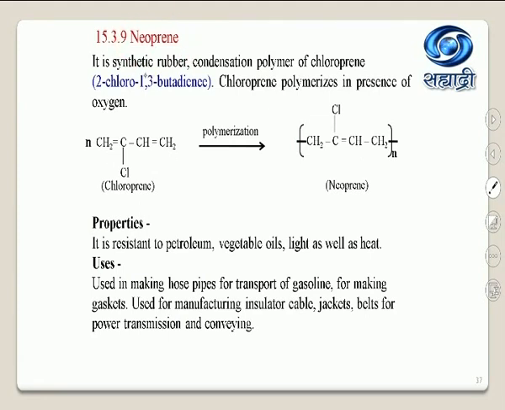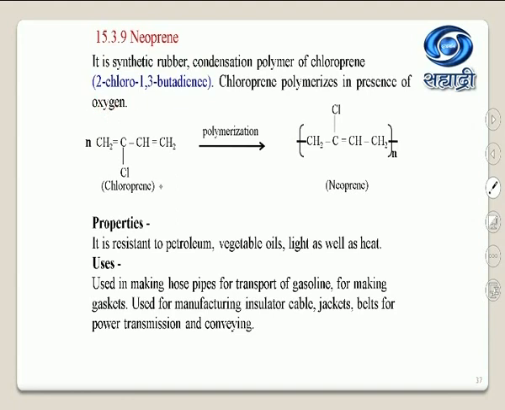Chloroprene is the monomer of neoprene, and the IUPAC name of chloroprene is 2-chloro-1,3-butadiene. Here the structure for chloroprene is given, in which there is a chlorine atom on the second carbon atom and there are 2 double bonds in the chain of 4 carbon atoms. The first double bond starts with carbon number 1 and the second double bond starts with carbon number 3, and therefore the IUPAC name is